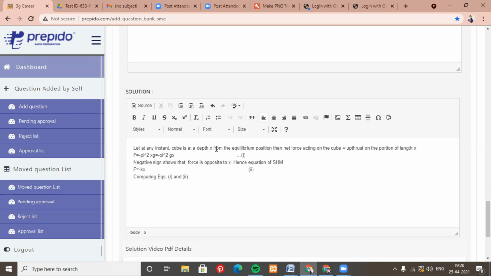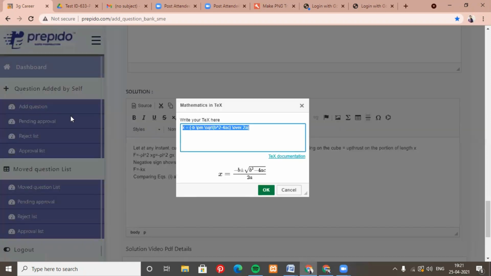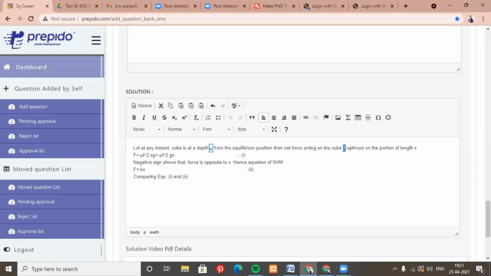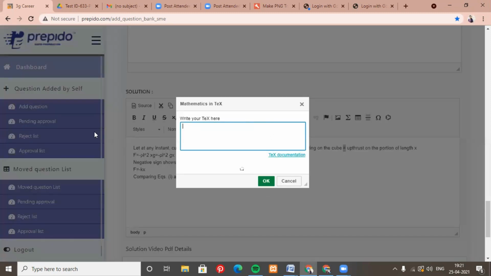So here, similarly, we have variables. So Control C, and then using the math tool, we'll type it in Roman. Equal symbol for this one.